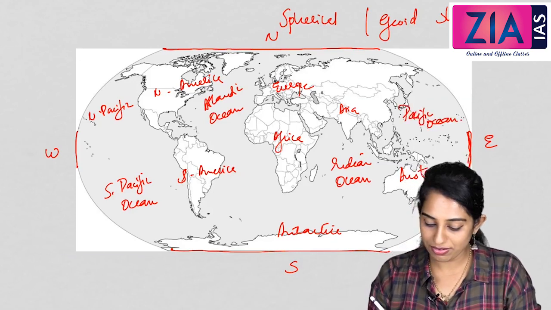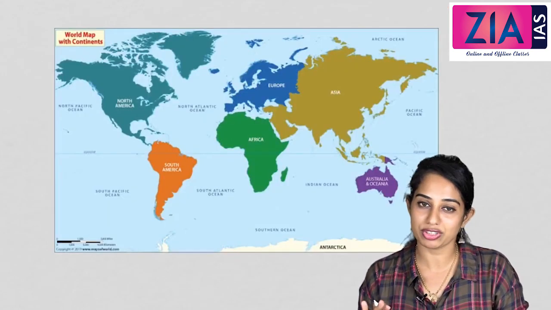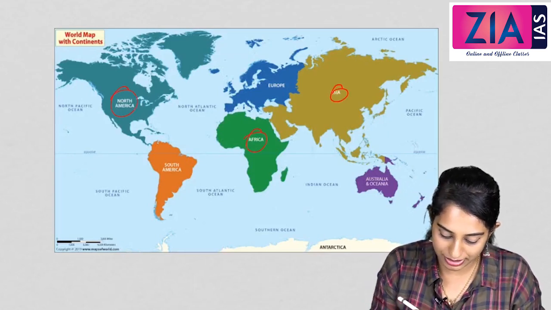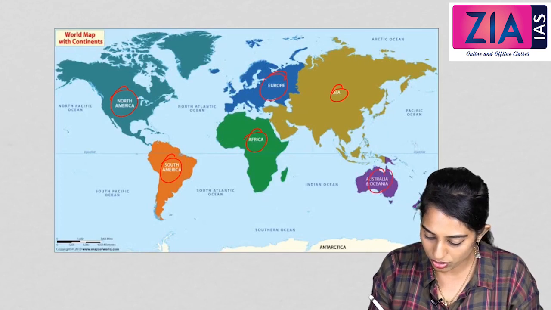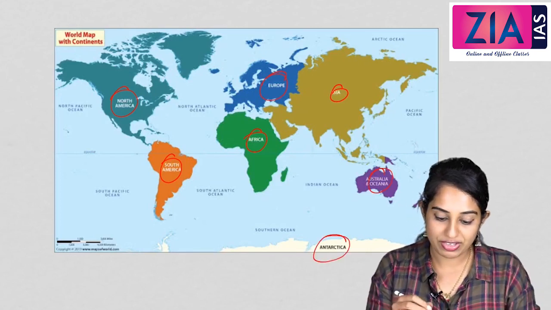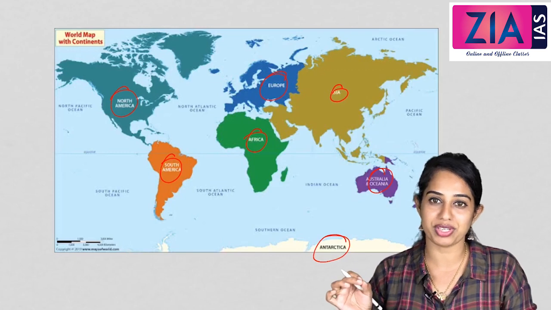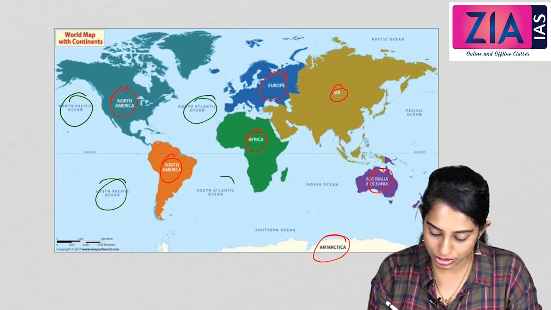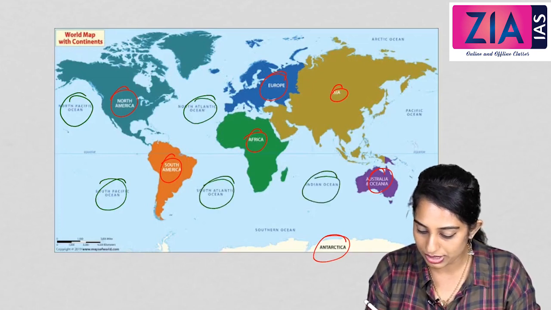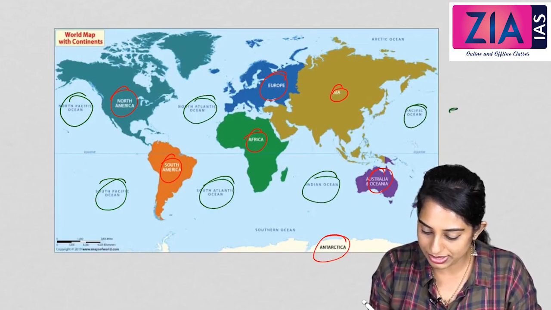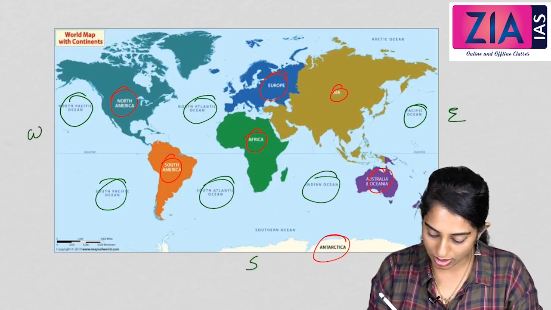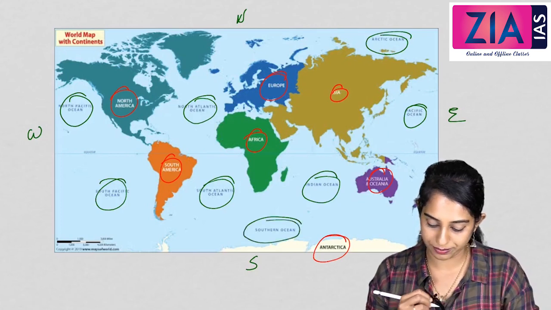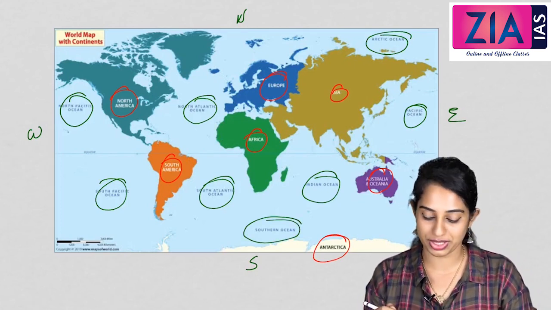Now we will look at a political map marked with all this. In this we can clearly locate Asia, Africa, North America, South America, Europe, Australia and Antarctica. We can also locate the 5 different oceans here: the Pacific Ocean, North and South, the North Atlantic Ocean, South Atlantic Ocean, Indian Ocean, and the Pacific Ocean continuation here. This is east and this is west, this is south, this is north, and we have the Arctic Ocean and the Southern Ocean. These are the 5 different oceans.